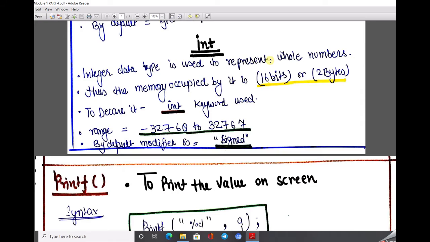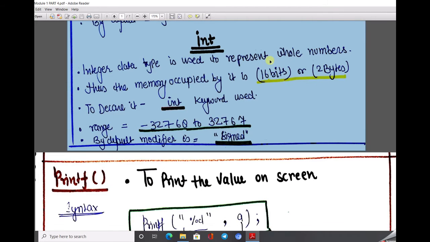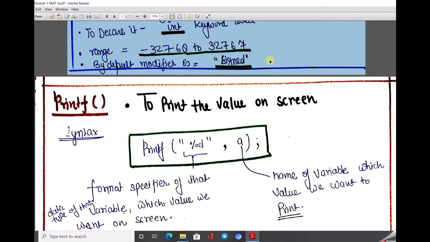Other data types we can easily understand after going through the programming session. We can learn how to call the float number, the integer number, the character, the signed, unsigned, double and so on. Basically this concept will be clear with the help of programming. So go through the main functions.